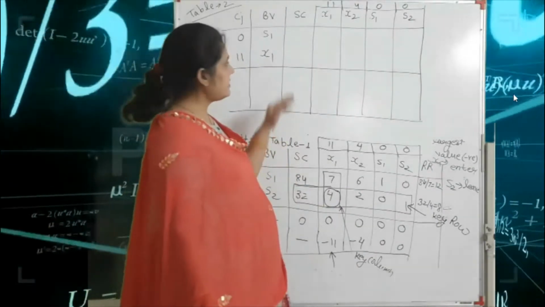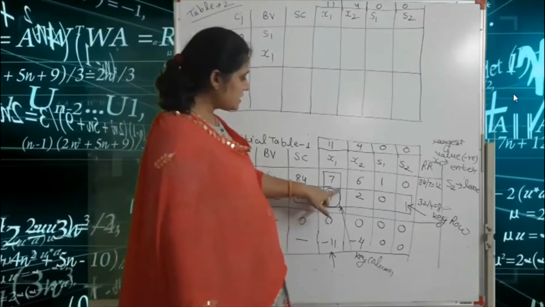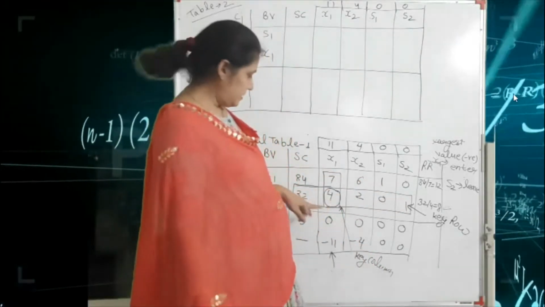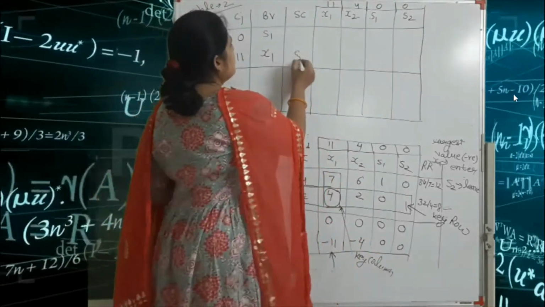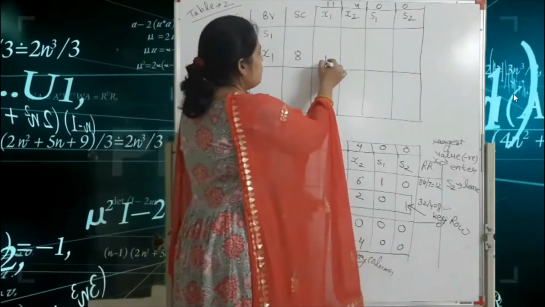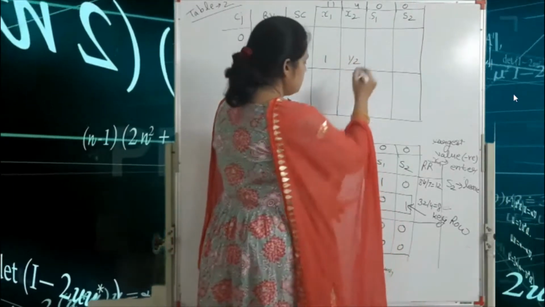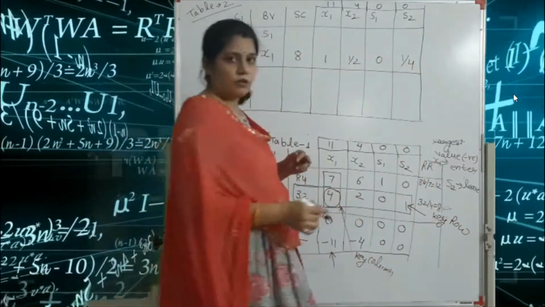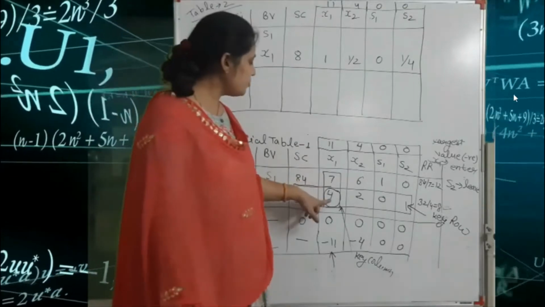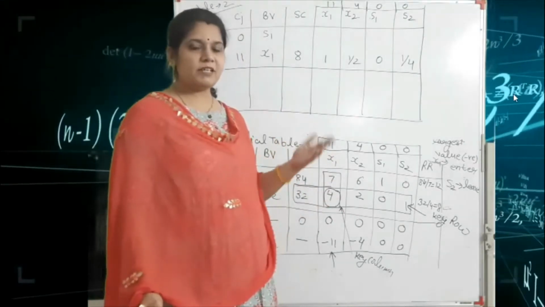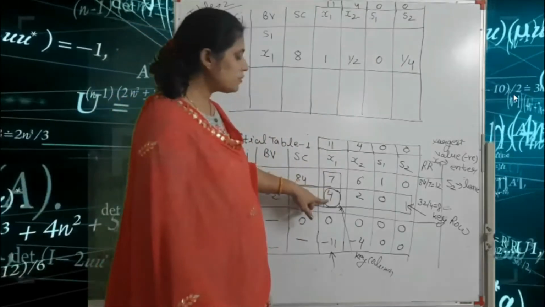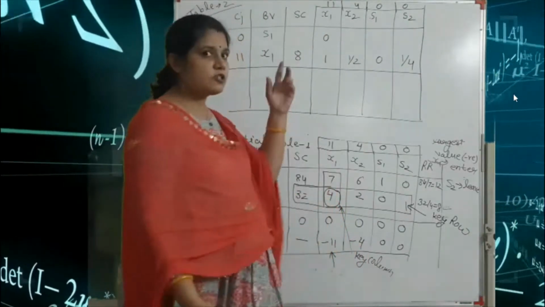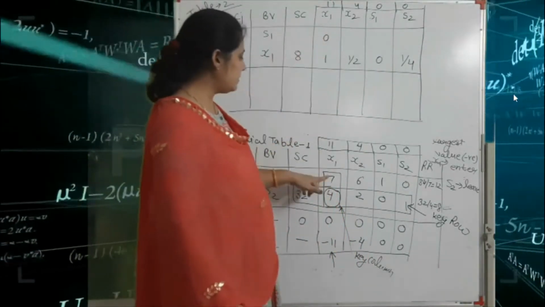First you write the second row, because this is the key number, so the whole row is divided by this key number. That means 32 by 4, which is 8. 4 by 4 is 1, 2 by 4 is 1 by 2, 0 by 4 is 0, and 1 by 4 is 1 by 4. Second, the key number divided by itself gives 1. According to this key number, the values above and below it you write automatically as 0, because we can't calculate them.